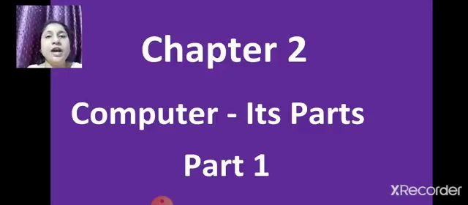Today we are going to learn a new chapter, chapter number 2, Computer and its parts. In chapter 1 we learned about the computer. All of you know a computer?